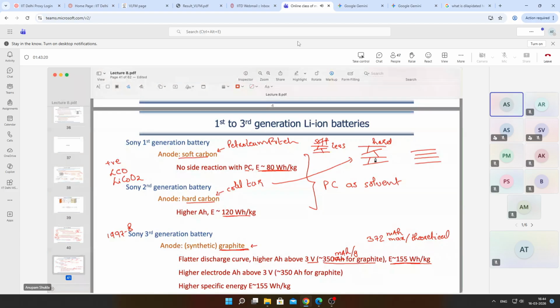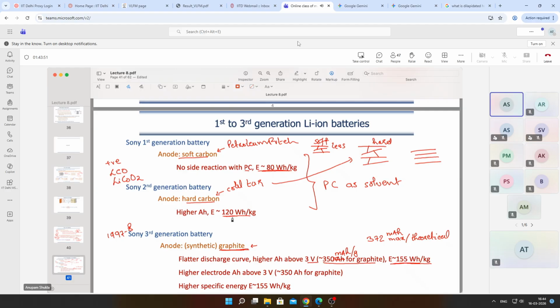So layers are even more misoriented, and there is a lot more density of this interlayer bonding, much more than soft carbon. Because of that, it was possible for them to accommodate more lithium ion before solvent will start to ingress, and therefore the amount of lithium that they can accommodate becomes higher, which means that the battery's charge capacity becomes higher, and that led to an increase in the specific energy, 120 watt hour